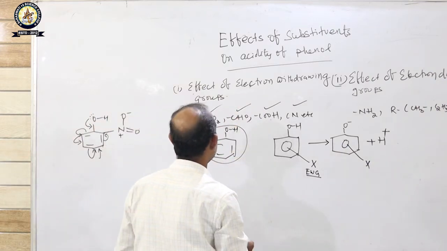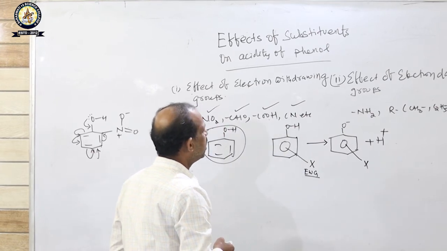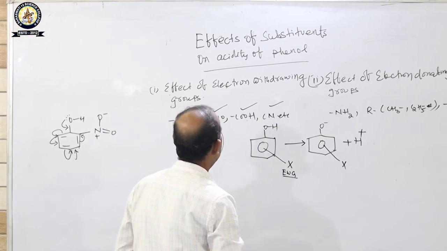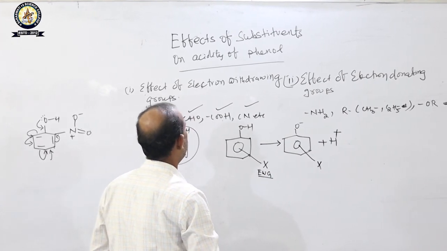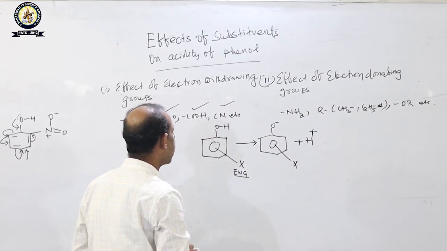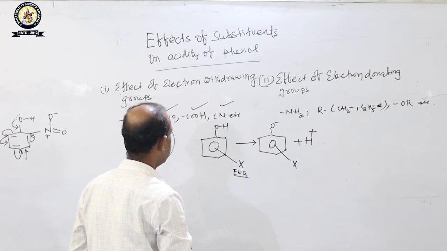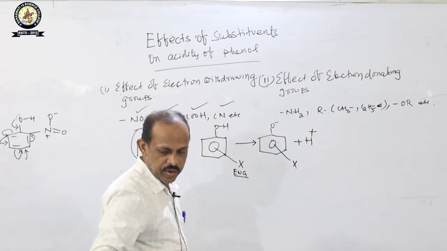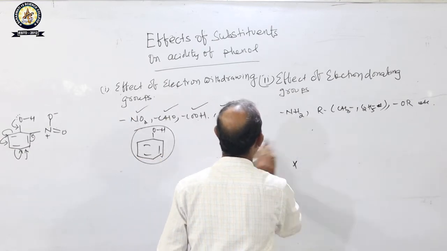Now, whenever an electron withdrawing group is attached to the phenol, it will decrease the electron density due to the minus R effect, and the bond between oxygen and hydrogen becomes more weakened, so that deprotonation can take place easily. Okay. Similarly, now we will discuss the effect